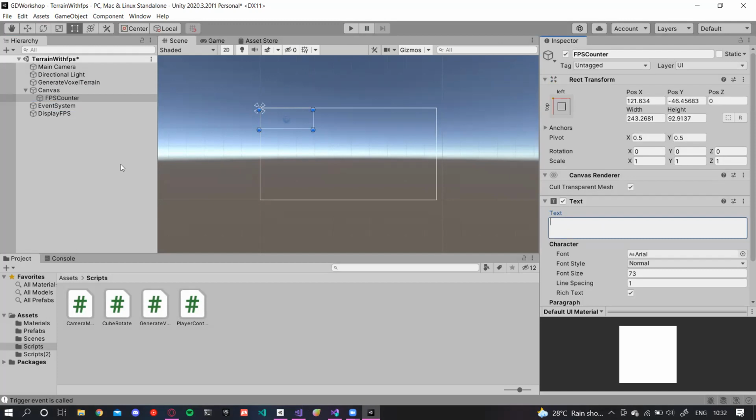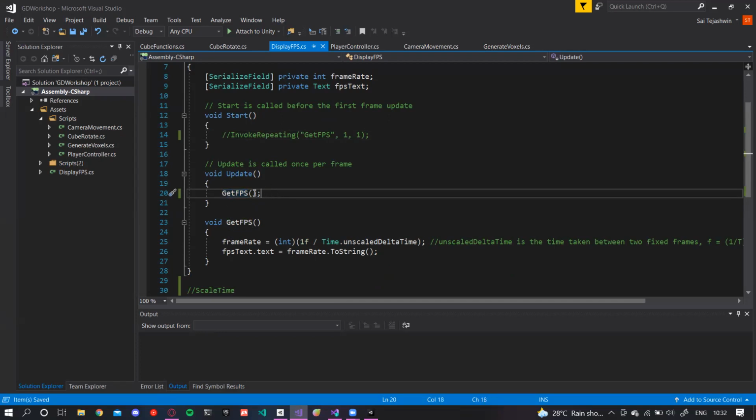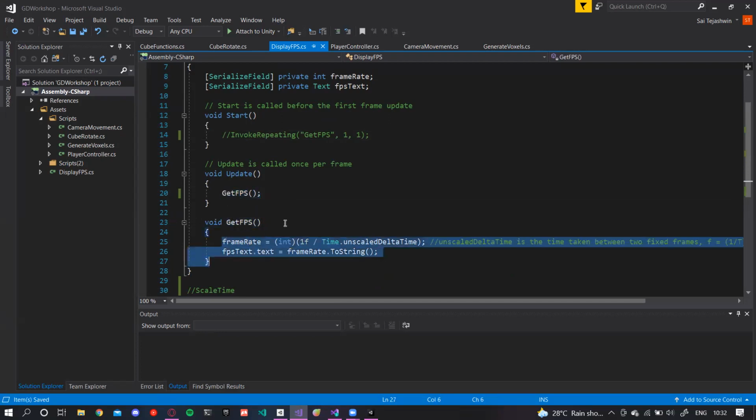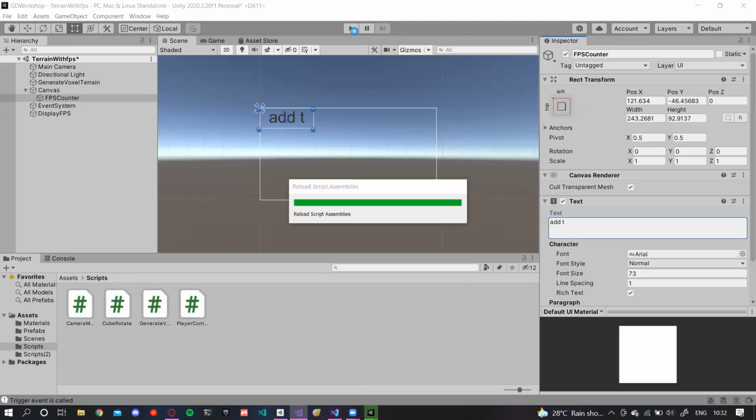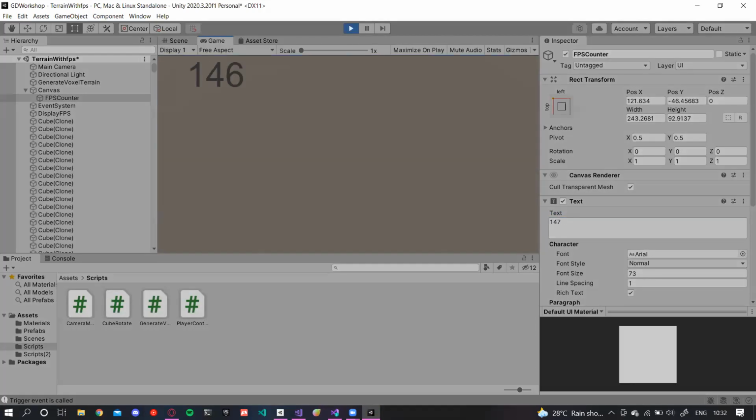If I just run the function that I made to show frame rate and FPS text in my update function, and then I just run it out, you can see I'm getting a way too crazy number of frame rate showing without any delay. It is showing for each frame, and I don't know what to comprehend from this number.